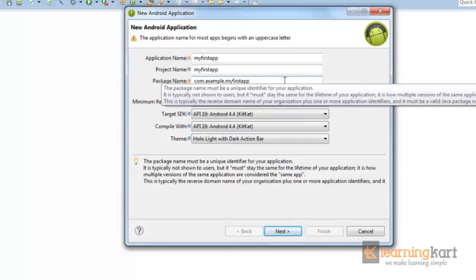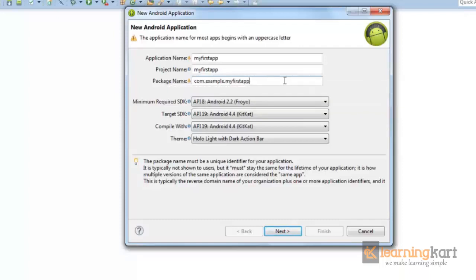This package name has got to be unique, because it should not interfere with any other application's package name uploaded on Google Play. So more appropriately, if your website is mysite.com, you can name it com.mysite.myandroidapp, or something similar that you feel is unique enough to avoid interference with any other package name.